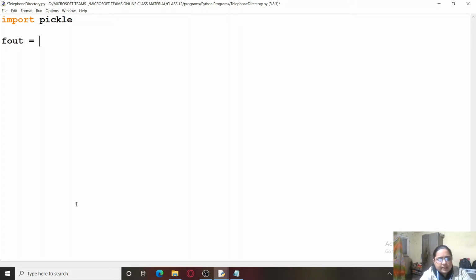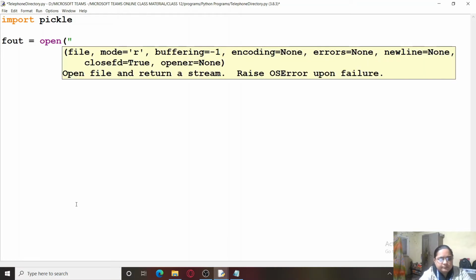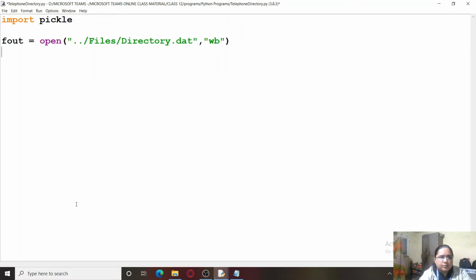Our file is going to be telephone directory.dat, and as the file mode we will be writing wb, that is write mode as well as binary mode.